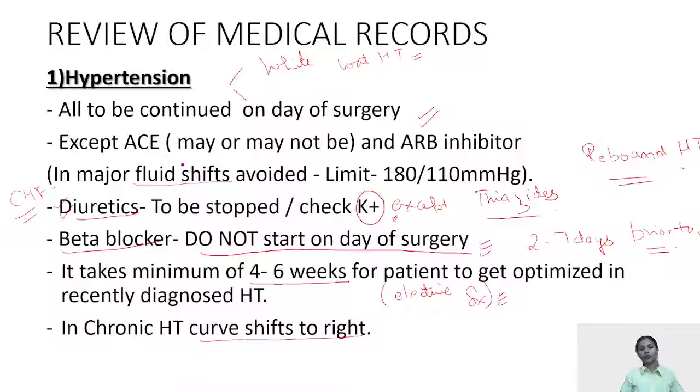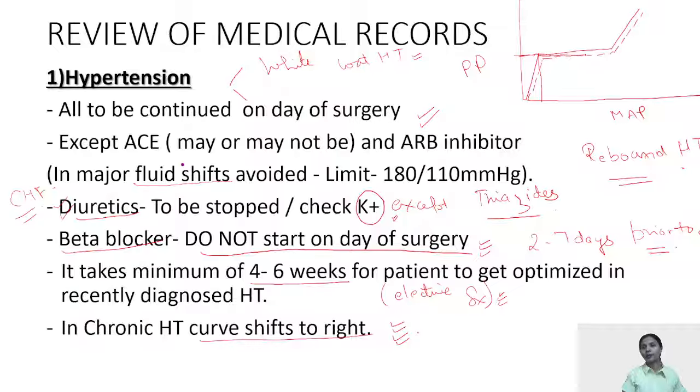In hypertensive patients, the one thing that we all have to take care of is, for example, this is a graph, MAP, mean arterial pressure, versus the perfusion pressure. If this is the normal graph, in a hypertensive patient, the body homeostasis maintains this graph with a rightward shift, which means that to maintain the same perfusion pressure of the vital organs, a higher blood pressure is needed.